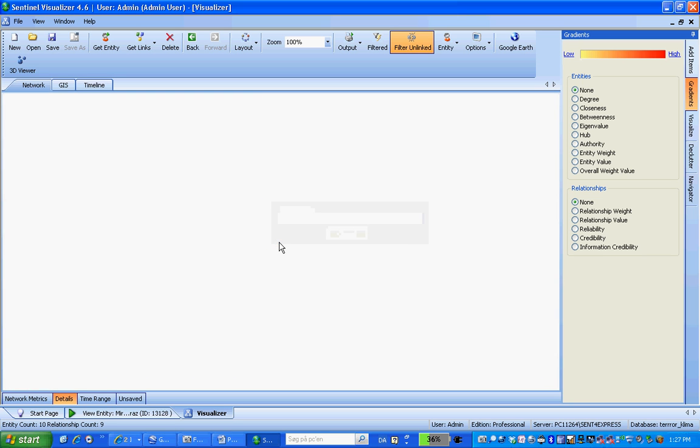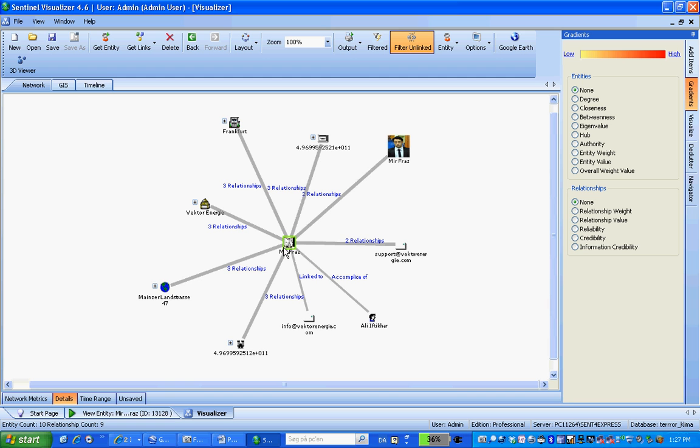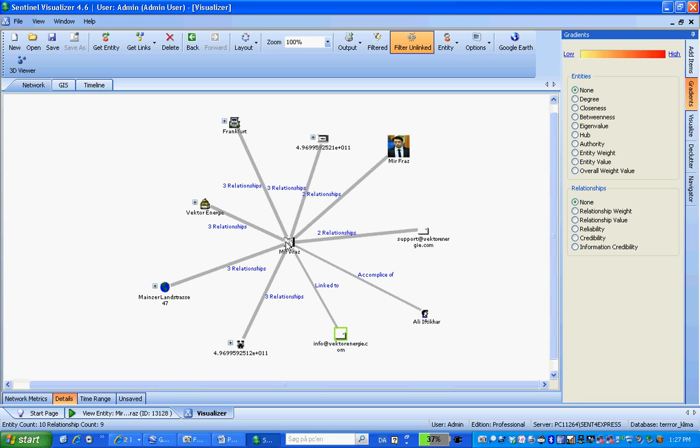So I'm going to click on the X and it will open up, and as you can see we have the email address, another person linked to the Mir Fras account, another email address linked to the Mir Fras account. We have the address where it was registered. We have a company that's related to Mir Fras, the city that it was registered in, and 2 telephone numbers.